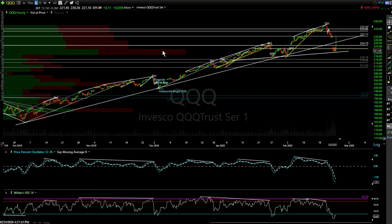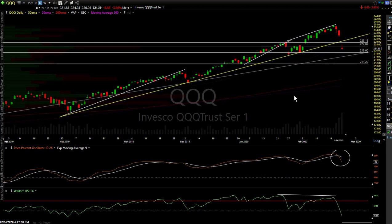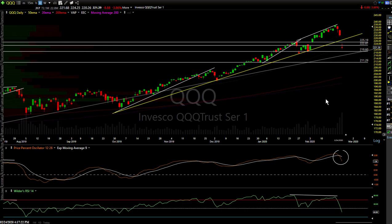It is, again, kind of a mixed bag. Let me go back to the daily chart, and I'll show you what I'm looking at here. Sometimes these levels come in very clear, where a lot of the key stocks as well as the indexes line up. That's not the case here. So let's just take this right now on face value for what it is. That is a breakdown below a pretty key uptrend line. We're kind of in no man's land. See this little doji? It's between... That's not a hard support level because it's not super well defined, but there's some support there around 218.60,